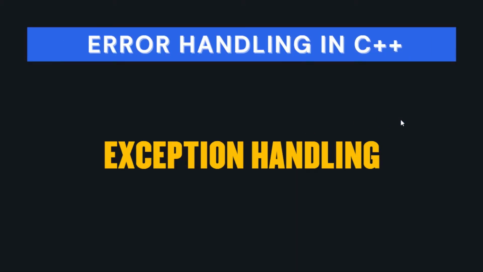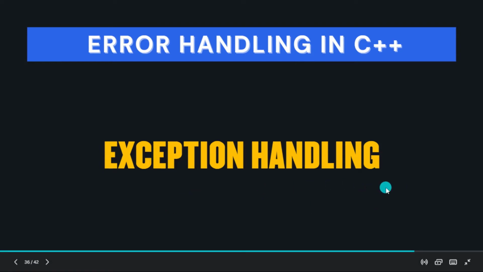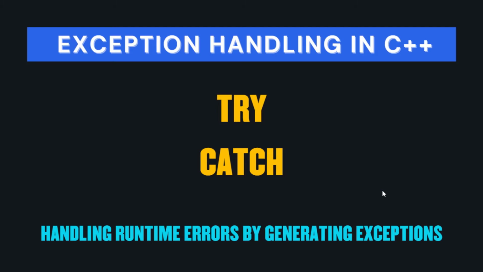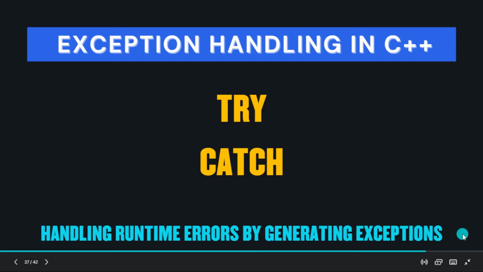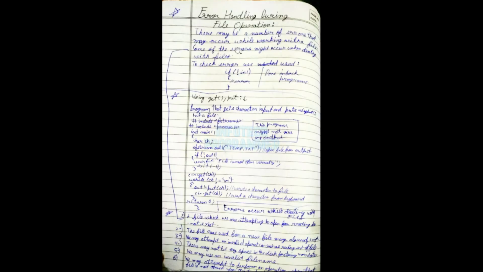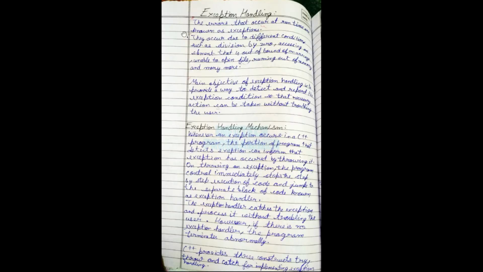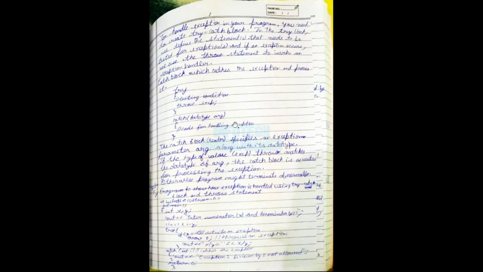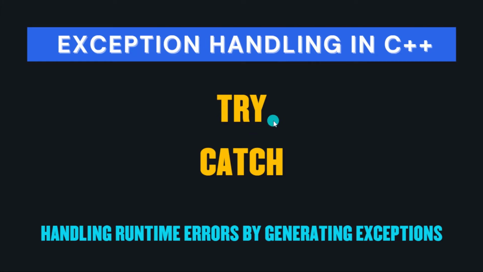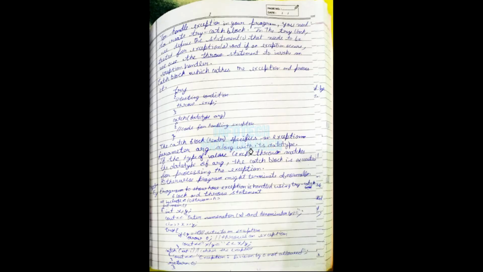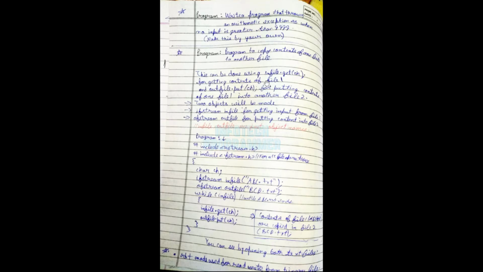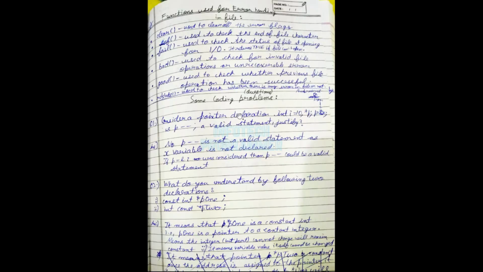And then after files, we have the concept of error handling in C++, where you will learn about exception handling. So you must know how to handle exceptions, meaning the runtime errors, how to handle runtime errors. For that, we have the concept of try and catch, handling the runtime error by generating exceptions. You can see our notes for that, how we can start with the error handling mechanism here, and then the try catch block, where I told you how to use the try block and how to use the catch block to handle the exceptions. That is very important, and I explained it properly with the help of programs also. So you can see the programs also and work with these things, and how to handle the errors.